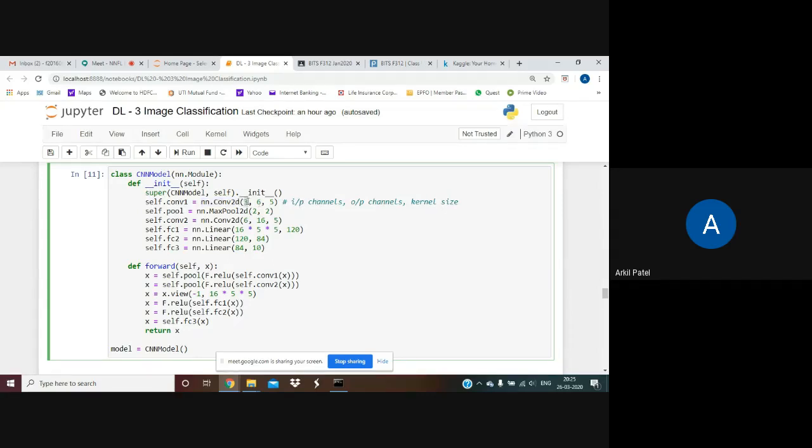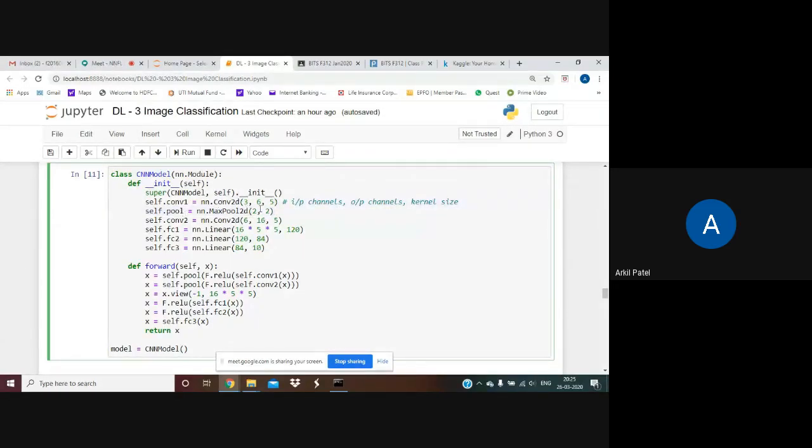The arguments are the number of input channels, the number of output channels, and the kernel size. The number of input channels is 3, as in the usual RGB image. I want my number of output channels to be 6 and my kernel size to be 5. There are further arguments over here; you can add padding, striding, etc.